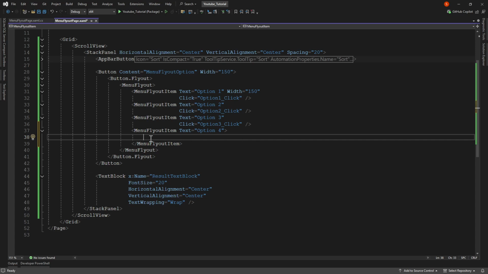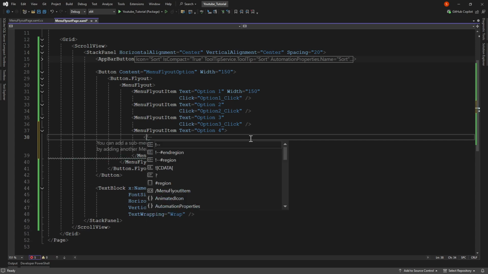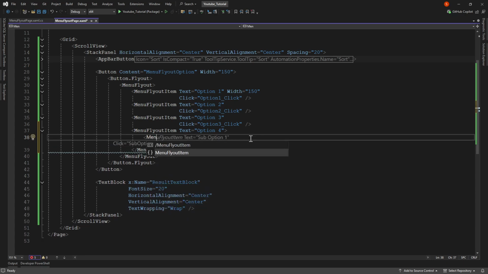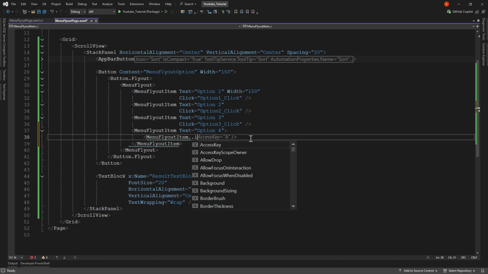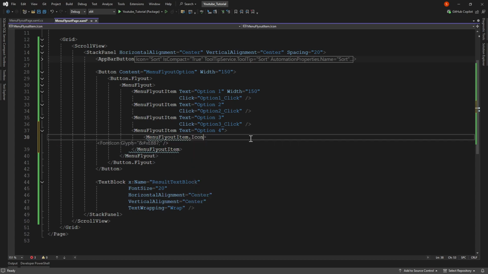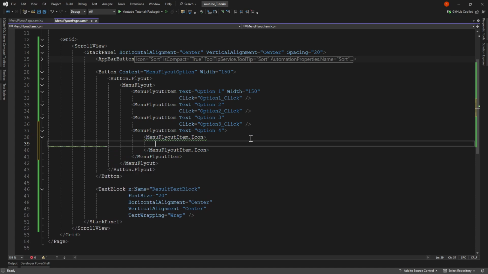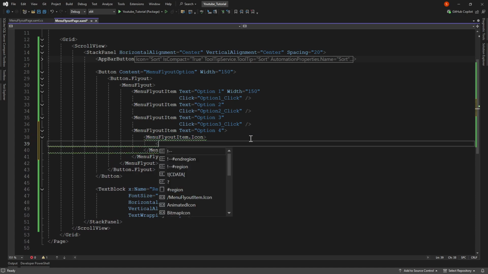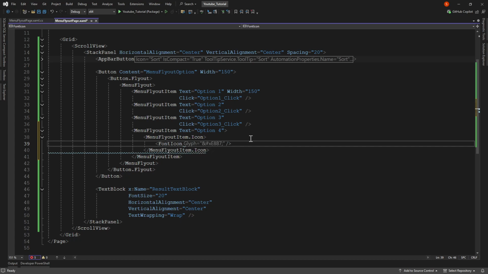I create open tag and close tag because I want an element like menu item dot icon. Okay, and icon needs font icon.